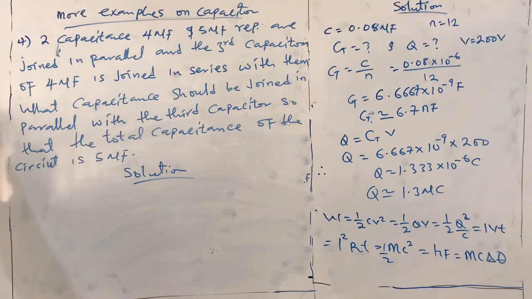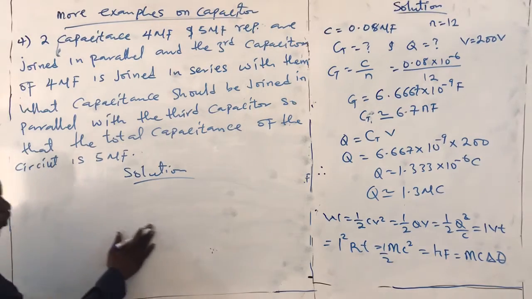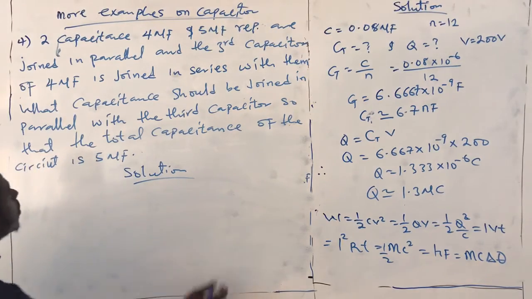What capacitor should be joined in parallel with the third capacitor so that the total capacitance of the circuit is 5 microfarad? Now, to solve this, we have to first understand the question and sketch a diagram for the interpretation